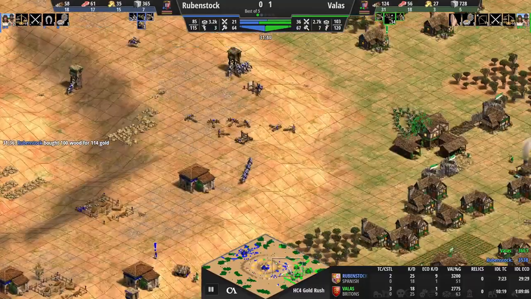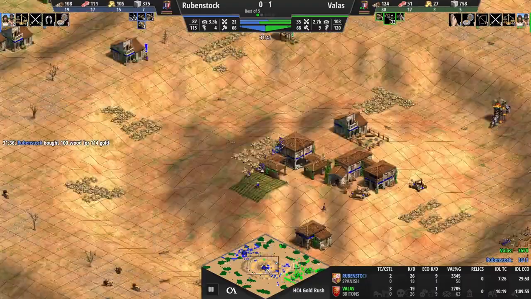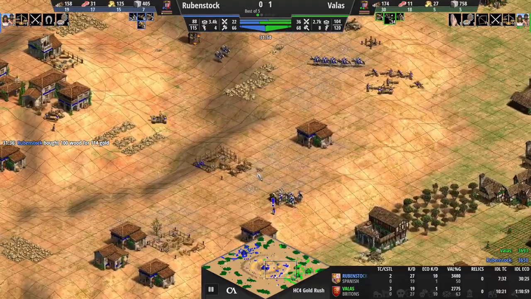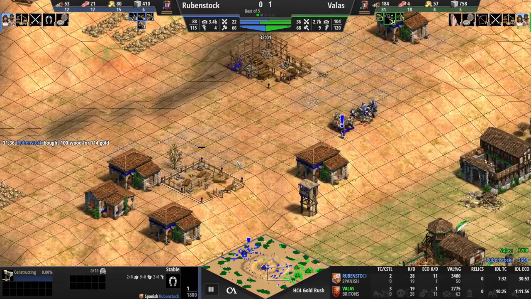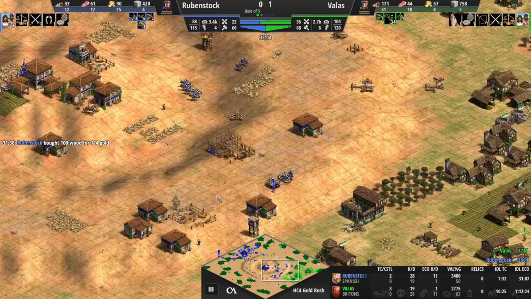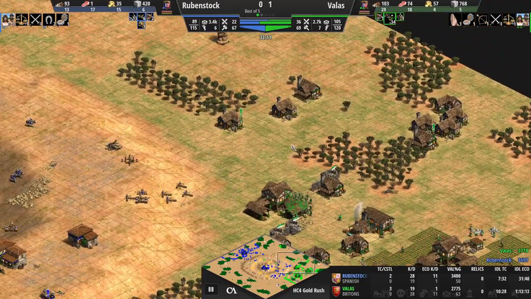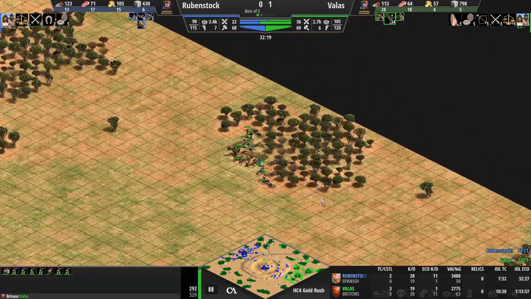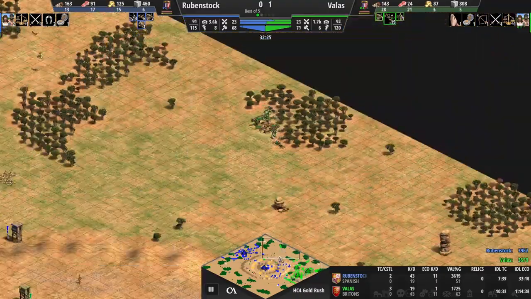TC idle time looking relatively similar, slightly more for Valas, also logically, since he is on 1 town center more. Bit more skirmish here in the middle. Rubenstock will be putting up yet another stable forward, 2 more stables forward to accelerate military production, also to exert more map control. Valas apparently just wanted a fresh wood line, which it is indeed getting with those villagers, with